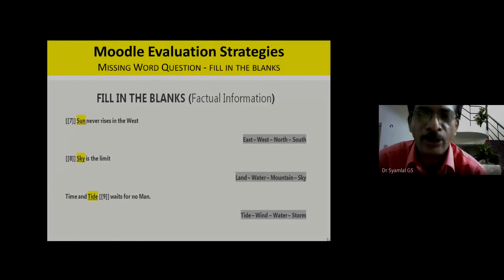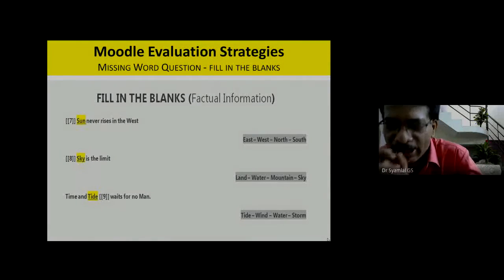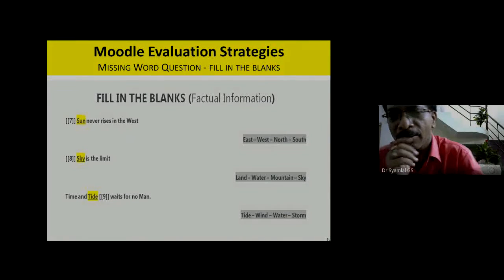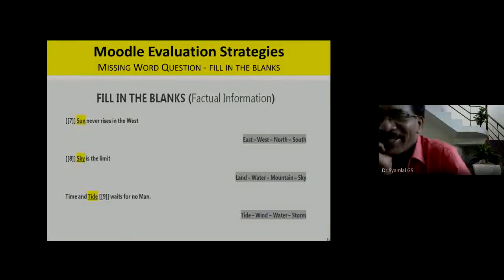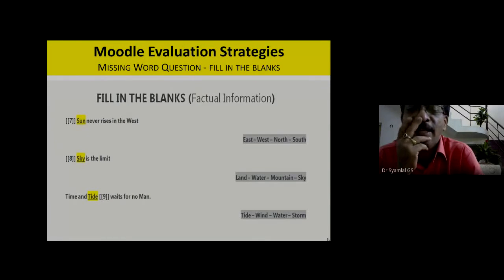You will be asking questions, sir: if it comes in front, what will it be working? So I want to teach you that also. Then you will ask about the middle, so I put it in the middle as well. So you will not trouble me. See, it is playing safe. Okay, sir. That's it. Sky is the limit.